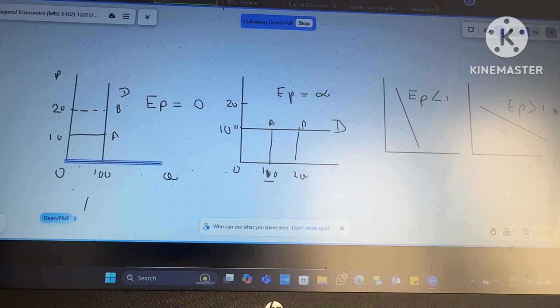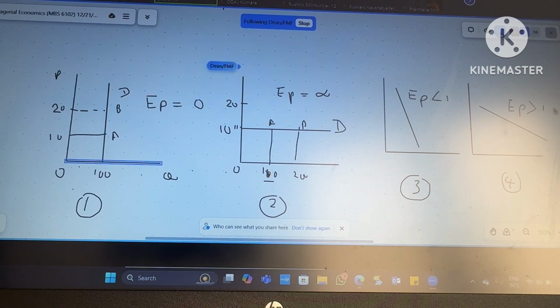Okay, number 1, perfectly inelastic. Number 2, perfectly elastic. Number 3, inelastic. Number 4, elastic. Okay, I think this is clear to you. Right. Now, this is all about the